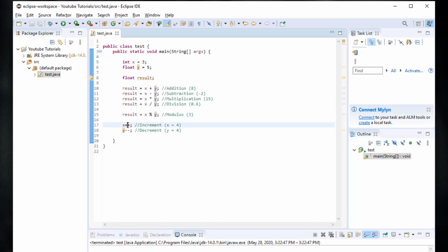And we're having the increment operator, which is the plus plus. So basically when I say x plus plus, this means that I'm gonna increment the value of x by 1 and store it in the variable x itself. So after running this line, the value of x is gonna be 4,